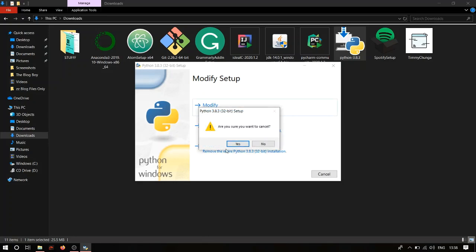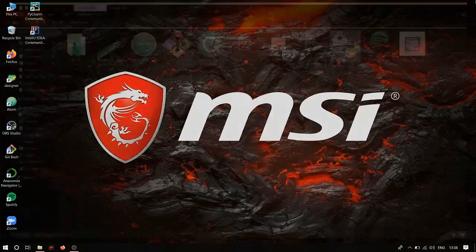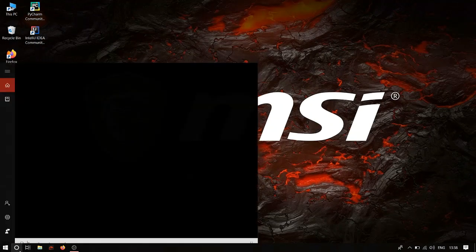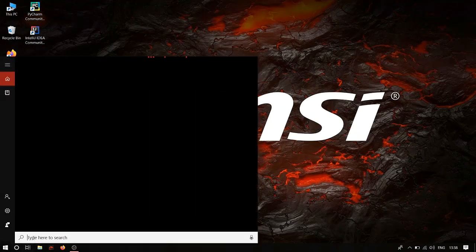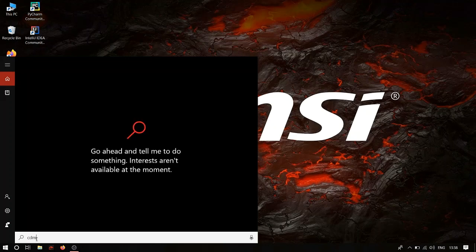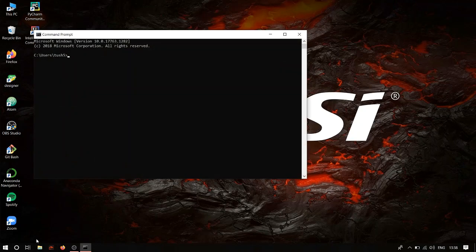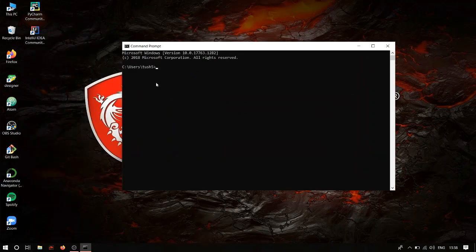Once you're done with both of these, in order to install Django, open your command prompt. If you're using Windows, you can go to Cortana and search for cmd and press enter, and if you're using Linux or Mac, you can always open your shell and make sure you are in your root directory.